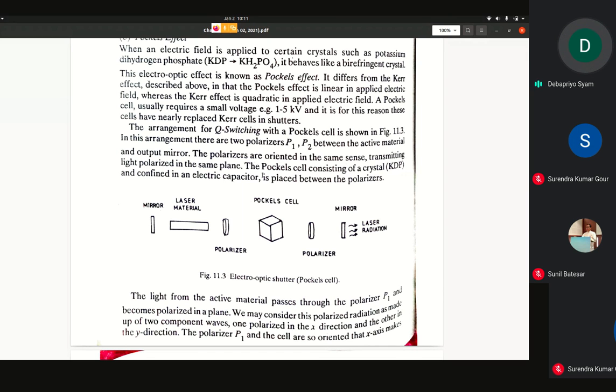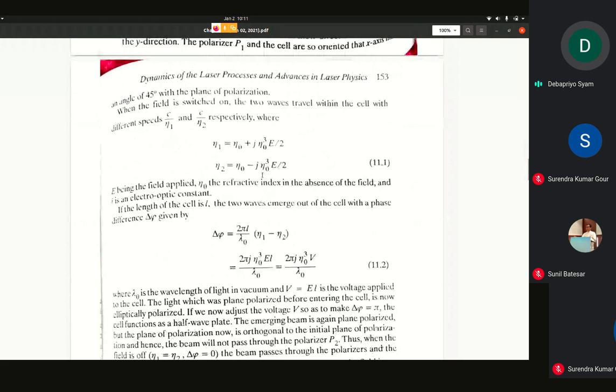The advantage of the focal cell is that the electric field needed is relatively small, and only 1 to 5 kilovolts is enough to produce the required action. So it is much safer to use. That is why this focal cell type electro-optic shutters have almost entirely replaced the Kerr cell type electro-optic shutters. Let's move to the next page. In the next page, they have given some